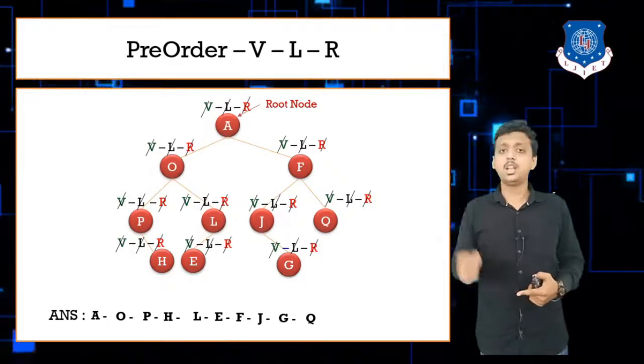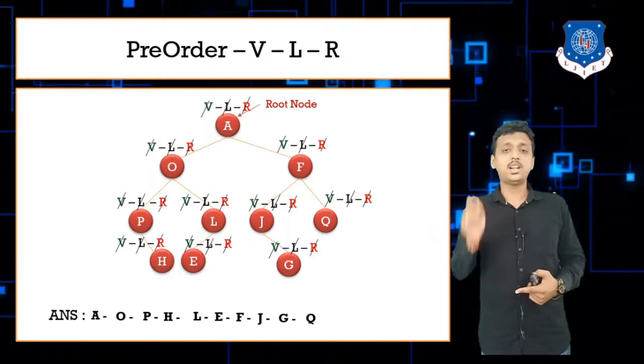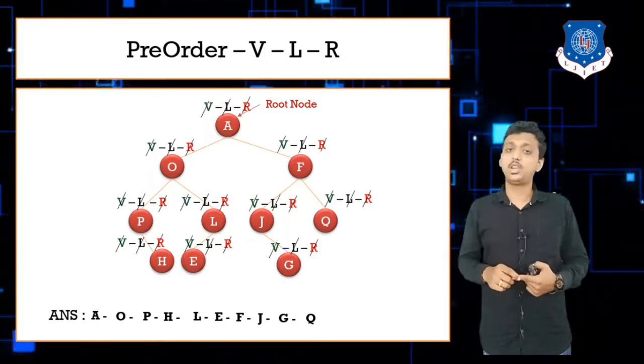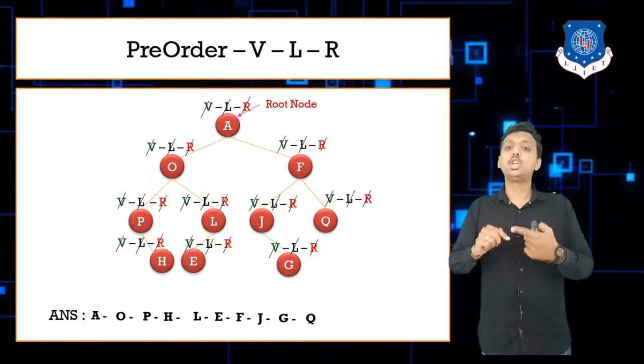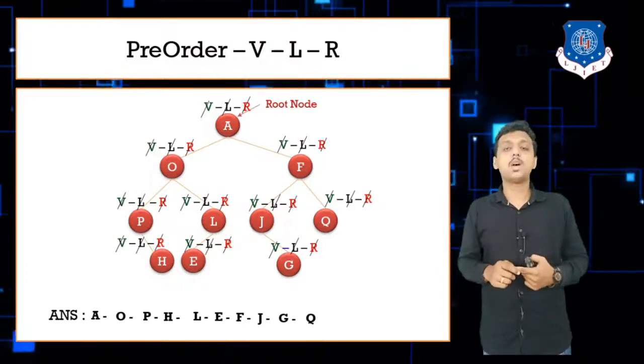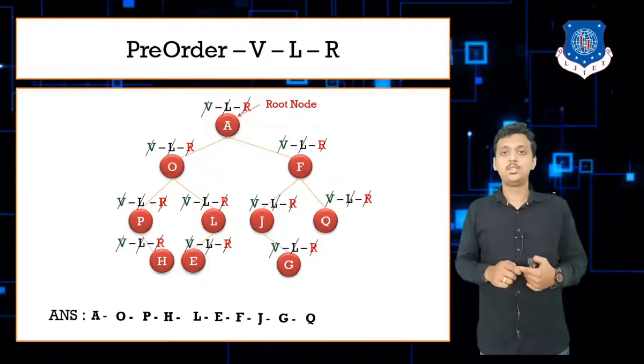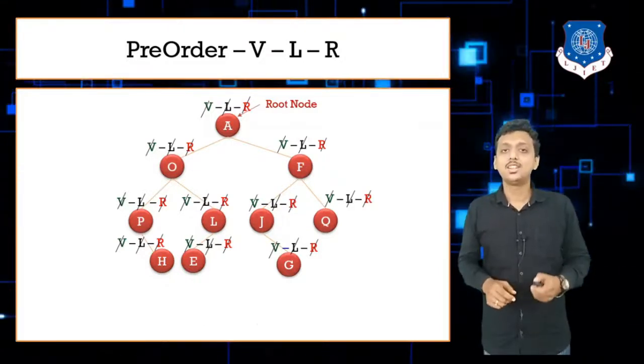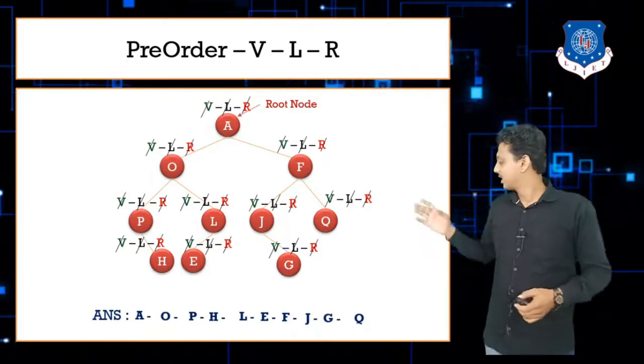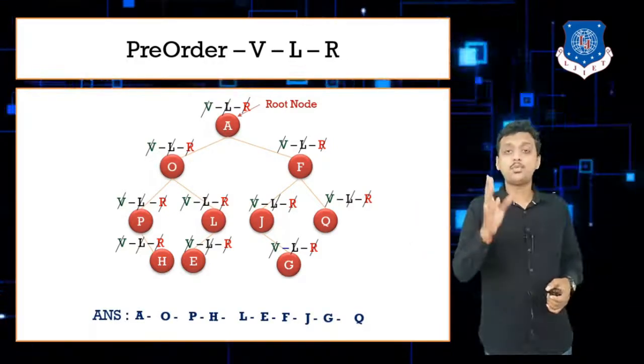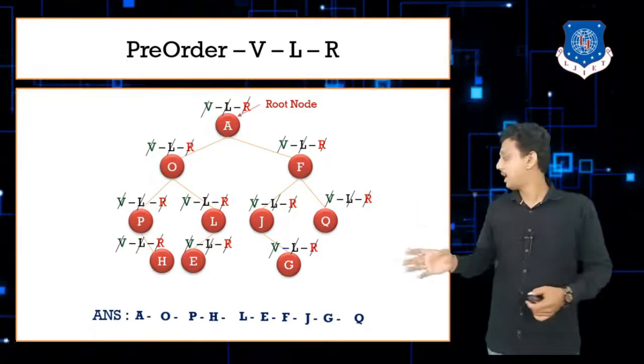If somehow in the middle, if my visit, left and right, all three operations are successfully completed, then I need to get back towards my parent node. Fine. So here the pre-order answer is, if I choose pre-order for my traversal operation, then my answer is like this: